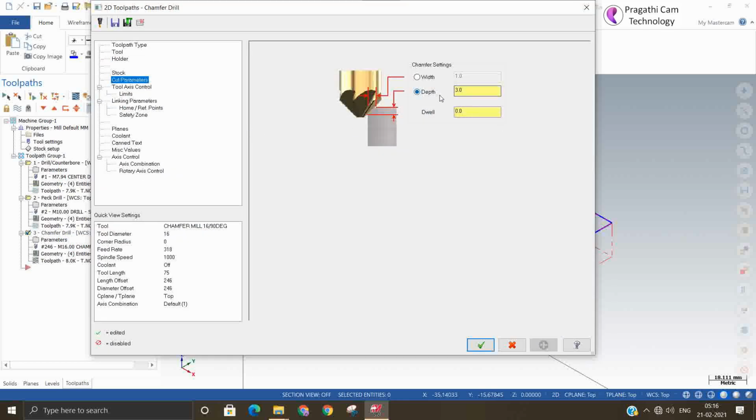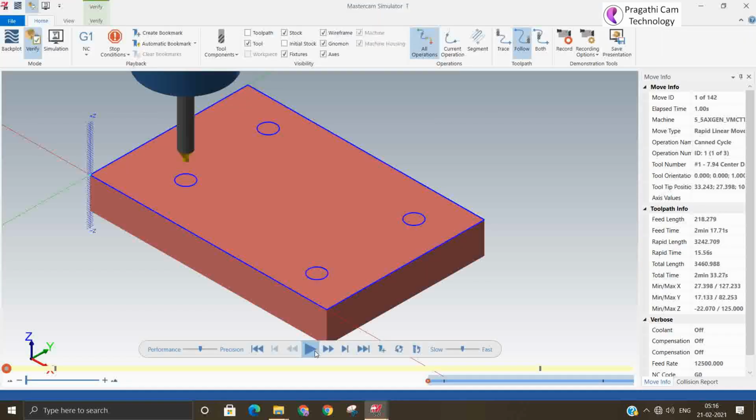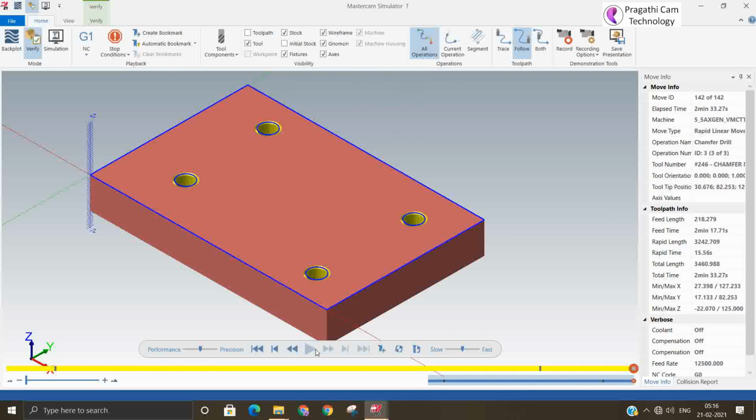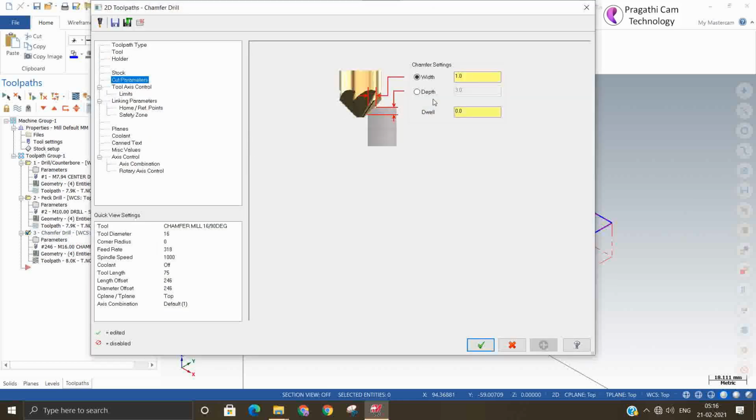So now we change to width. Instead of depth we are changing to width. Here also we'll give 1, 2, 3, 4 like that. We'll see how much width it is accepting. Modify to 2.